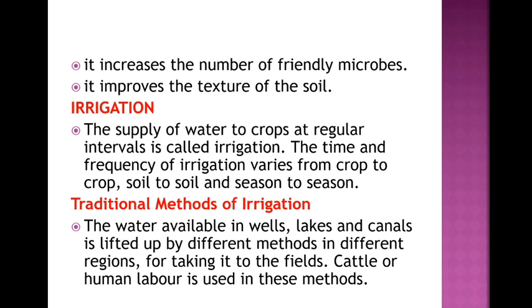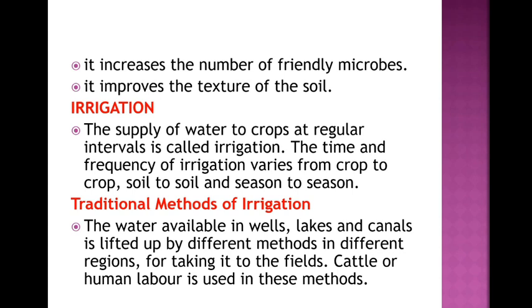And the next step is irrigation. The supply of water to crops at regular intervals is called irrigation. The time and frequency of irrigation varies from crop to crop, soil to soil and season to season. Coming to the methods, in the traditional methods of irrigation, the water available in wells, lakes and canals